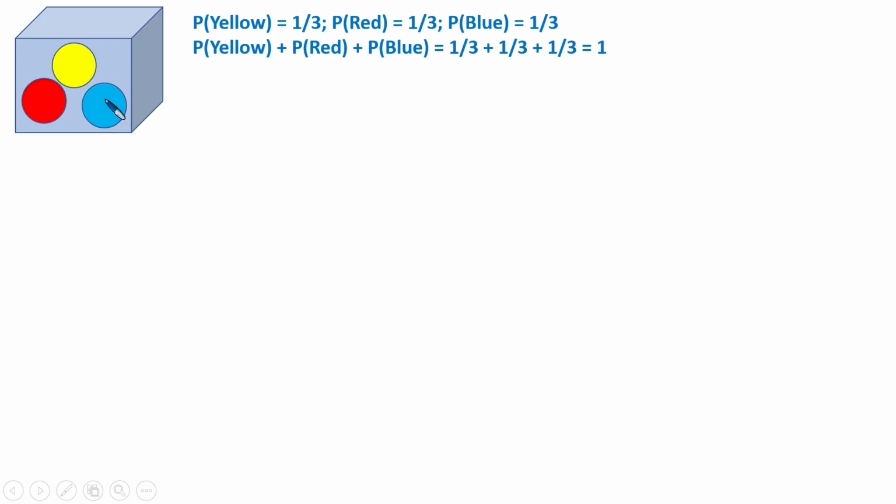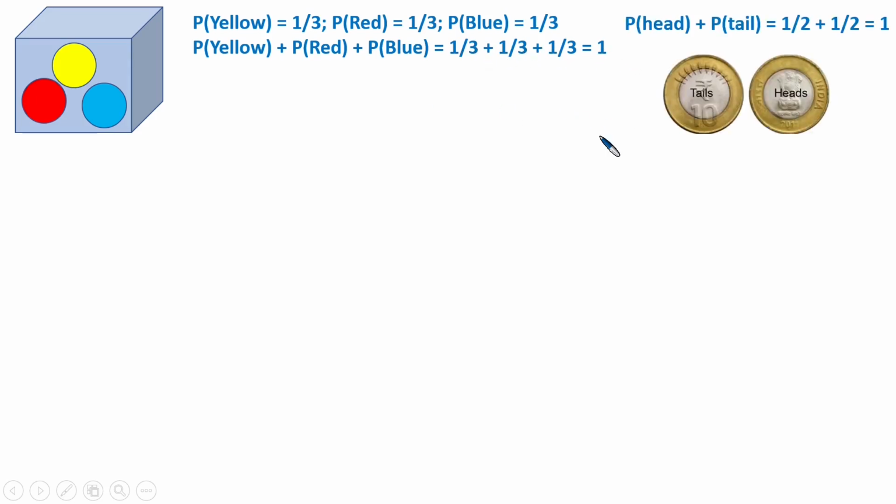So here we now try to understand this theoretically. What is the probability of pulling out yellow of these 3 balls? It is 1 by 3. There are 3 balls, so it is 1 by 3. Similarly, the probability of pulling out red out of these 3 balls will be 1 by 3, and similarly for the blue. So if you add these probabilities, that is probability of yellow plus probability of red plus probability of blue, it is equal to 1 by 3 plus 1 by 3 plus 1 by 3, that is 3 by 3,